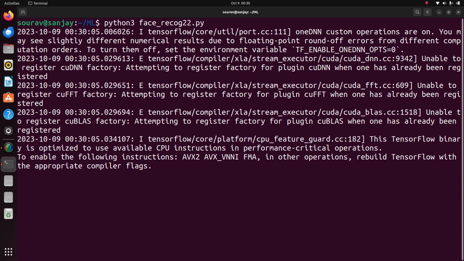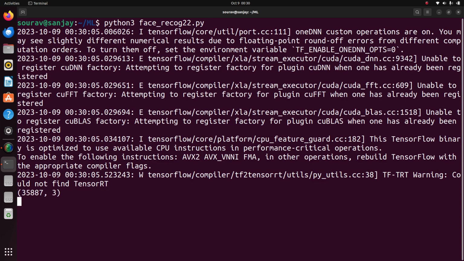Yes, here 35,887 images are there, and up to 3, that is the data frame and this part. Number of rows, 3 are the count and this thing. Wait for some time, since a lot of images are there, it will take some time,